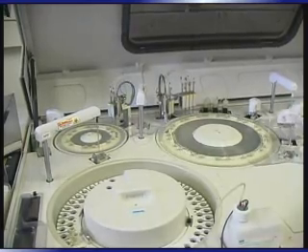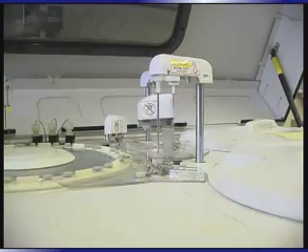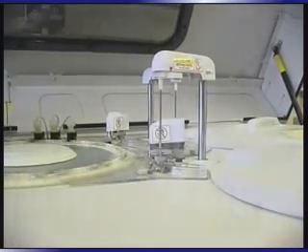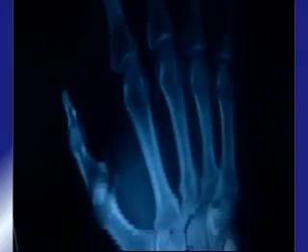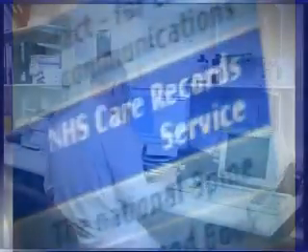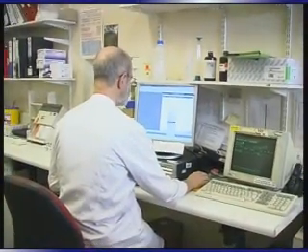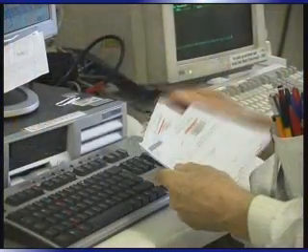Over the past 10 years, the world of medicine has become a more complicated place. Not just because of medical advances, but also because the way that medicine is delivered has changed radically. This has been driven by the revolution in IT, which has been transforming the world around us. The internet, mobile phones, cheap computers, and innovative information systems have transformed healthcare as much as they have any other